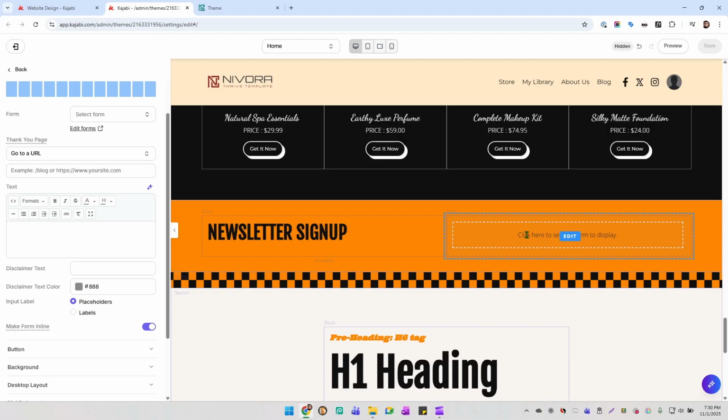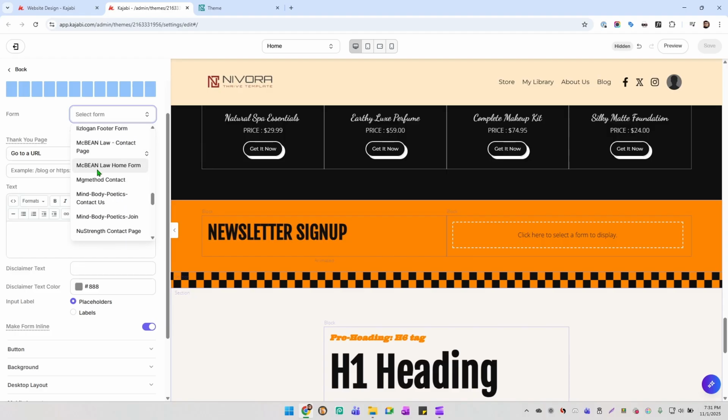When I click on this placeholder, you can see it opens the settings of this form. There is a drop down called Select Form. If I click on this drop down, you will see all our listed forms available here. You can just select your form from here. In my case, I'm going to use the default form. When I select this one,